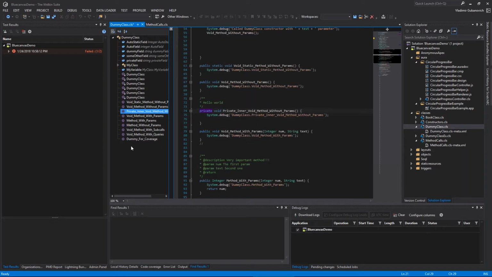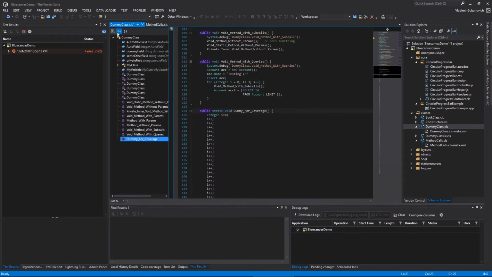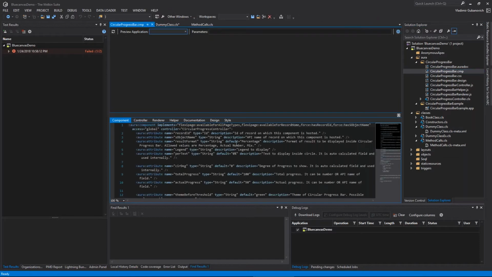You can navigate to any of them with just a double click. You can rearrange it as it appears in the file, by type, in alphabetical order, just whatever works for you best. At the same time, if I switch to Lightning, I really love our Lightning editor because